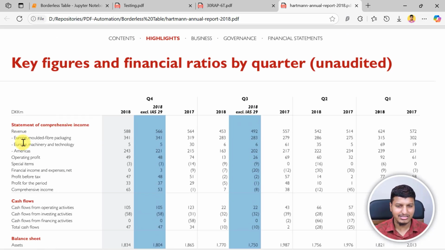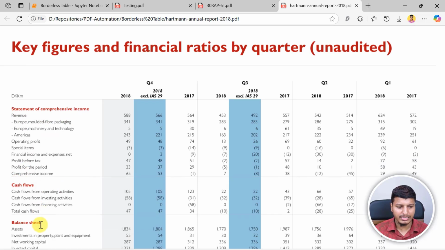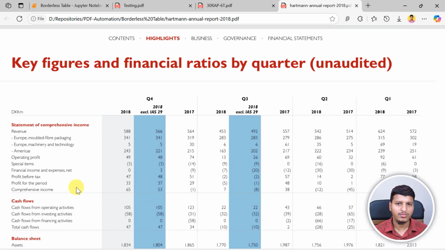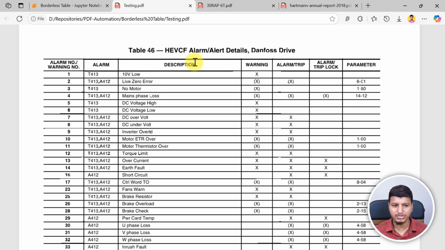You can see there are some subgroupings: statement of comprehensive income, cash flows, balance sheet, and so on. In this video, I'm going to show you how to extract data from a borderless table, or this kind of scenario where we don't have borders in all the columns or all the rows. So make sure you watch till the end so that you get to know how to extract data from any